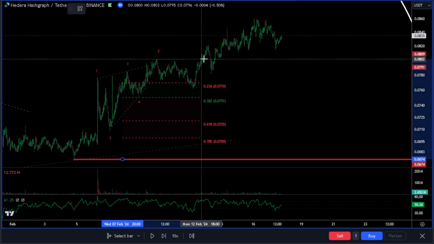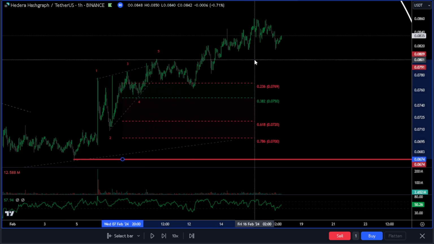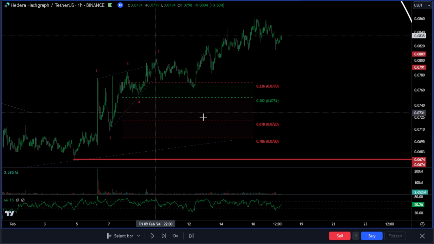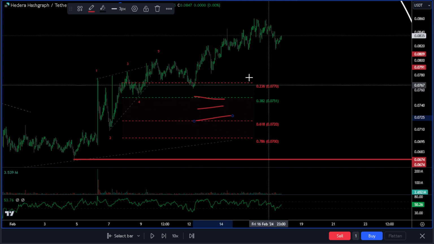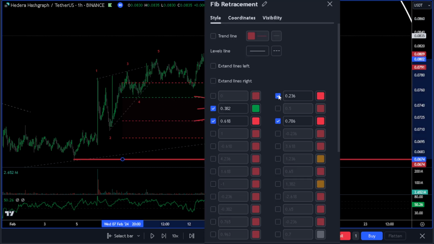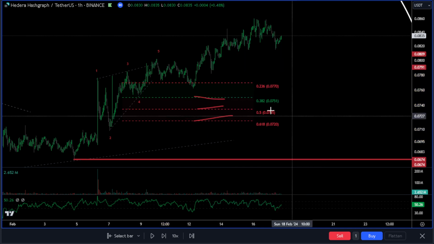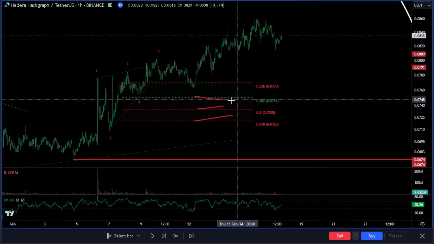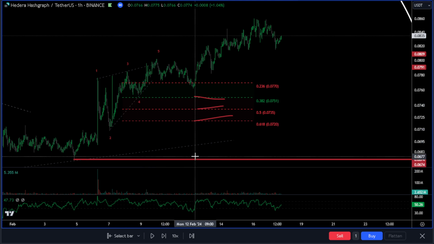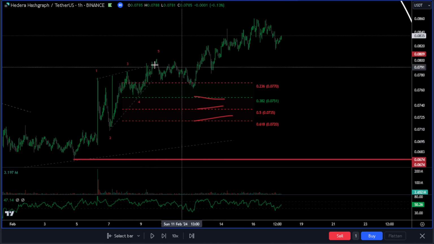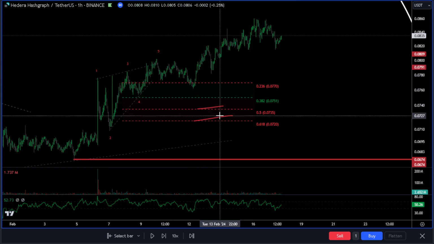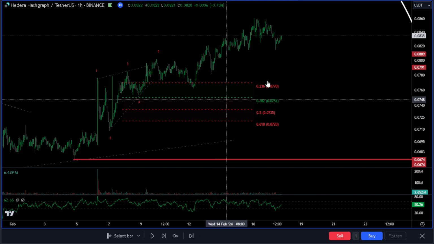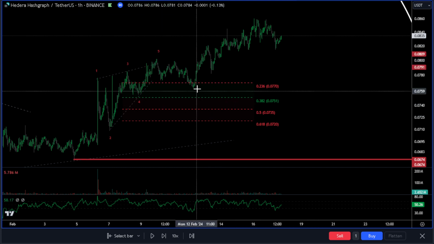So how I would play this in real time, I didn't get my entries because I'd be looking for the 382, 50, and the 618 if I were buying this for the long term. The only time I really do that is on a wave 2, wave 1 and 2, when I buy the 382, 50, and the 618, stop at the low, again because of these things that can happen here. You usually get a 382, but clearly this was quite bullish. So if I miss that,